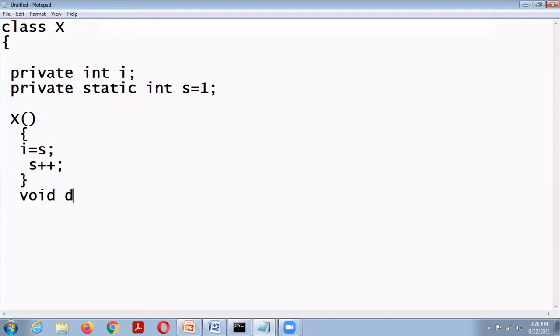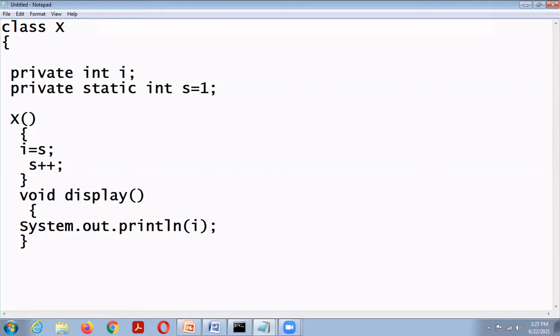Then void display, System.out.println I. Okay.